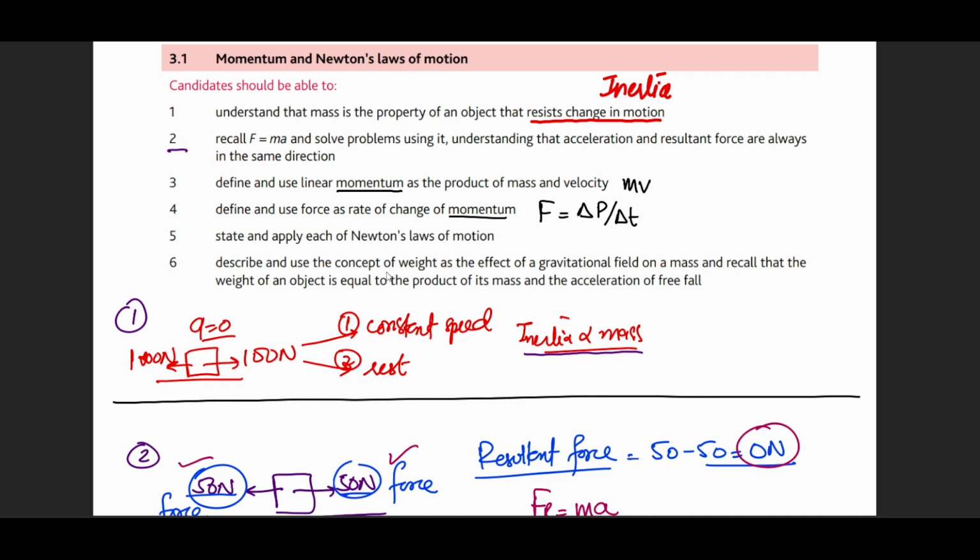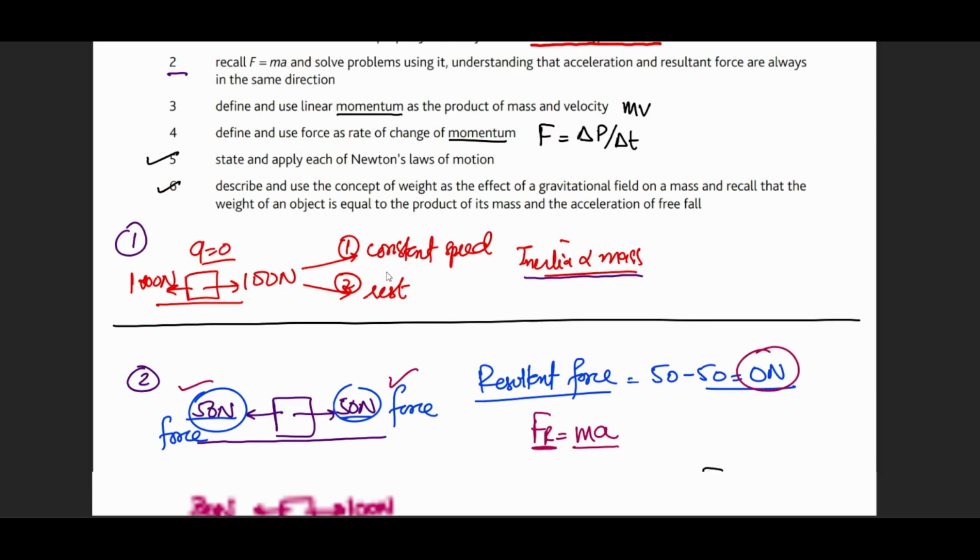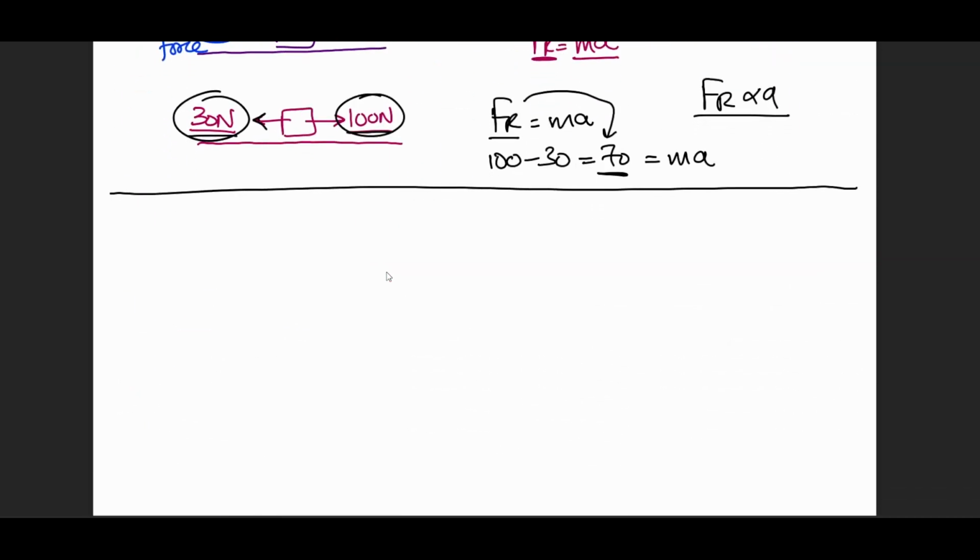And the fifth one is to apply each law of Newton. We are going to do that in the questions. Then we have point number 6, the concept of gravity, gravitational field, and gravitational acceleration, which is basically W equals mg. But before going towards that, we are going to revisit Newton's